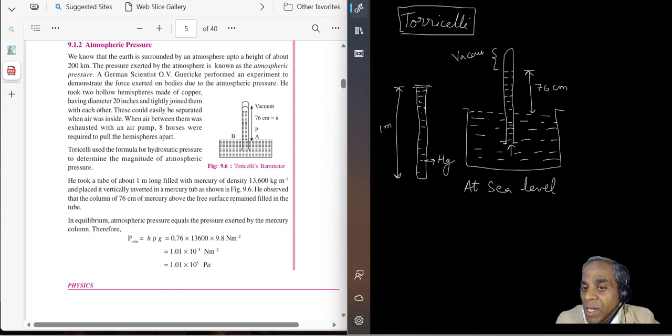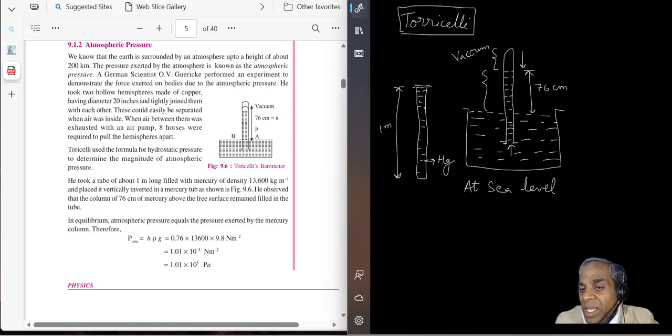It might have a very small content which was nothing but filled with mercuric vapors. Beyond that, nothing. So this was technically a vacuum, right? Okay, so that means there is no force trying to push the mercury down other than the weight of this mercury column. The weight of this mercury column is trying to push it down. There is no other force